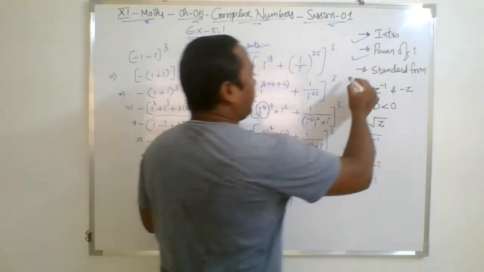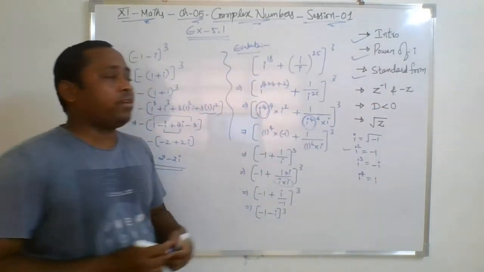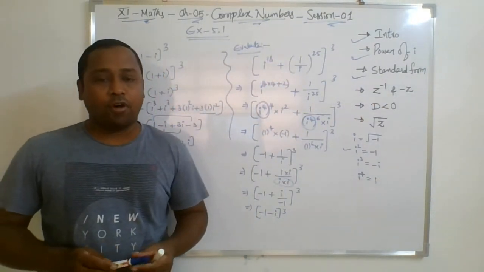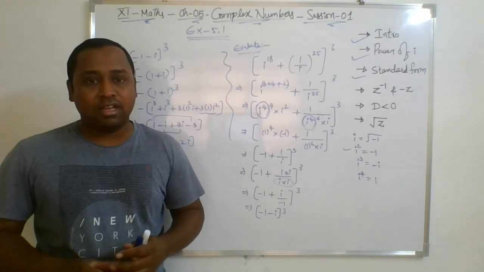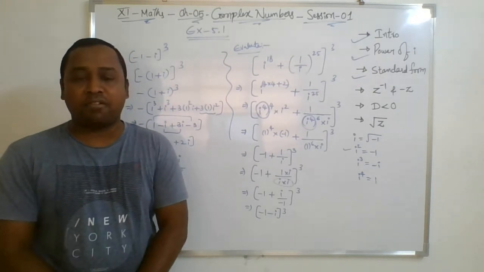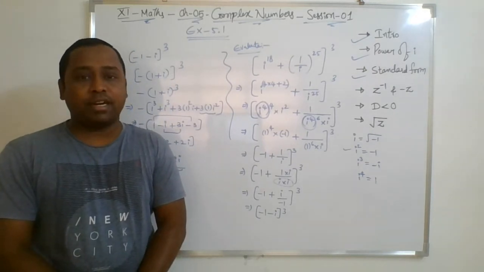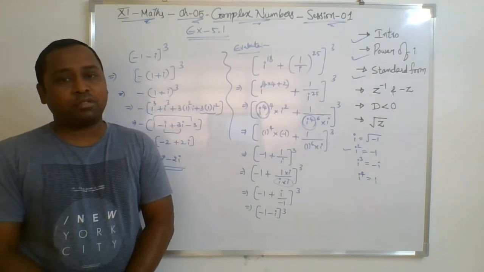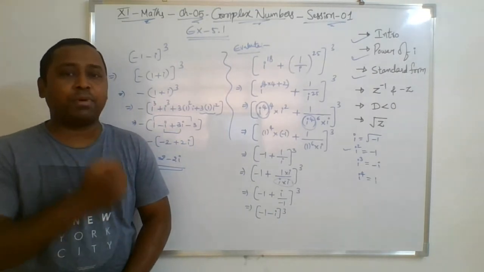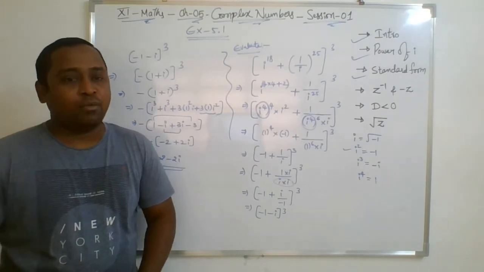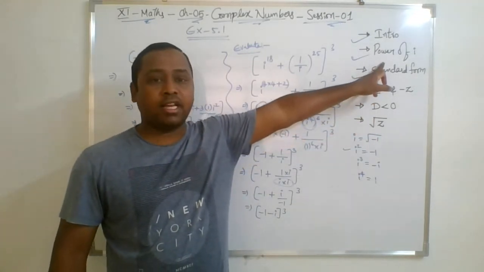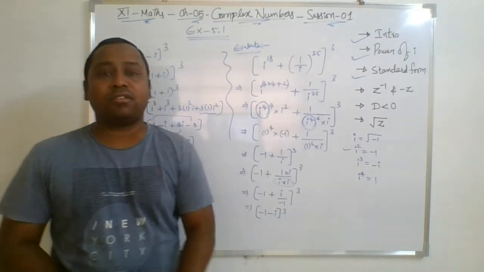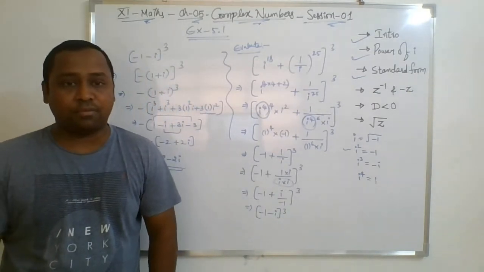Now we are going to understand the standard form of the complex number and what is meant by the standard form, how it can be written, how it can be represented, what are the parts of a complex number. It's so simple to understand. Once you cross this power of i concept, your chapter is deadly easy to understand now.